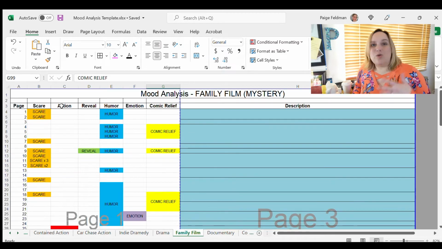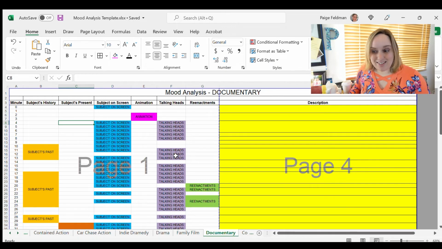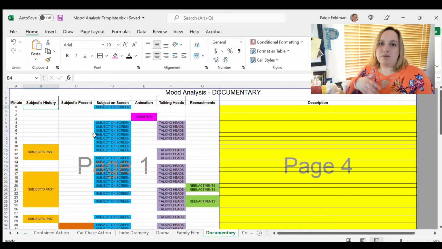It's interesting. So what I've just shared are a bunch of different versions of the mood analysis for scripts. But we can also use this as a tool for finished films or films in the process of being finished. The Conjuring and The Shallows mood analyses that I did, that was more as a learning tool. However, this was for a documentary that was in progress, and I watched a cut of it, and we were looking to see, are there places that are too slow? Are there places that we need more